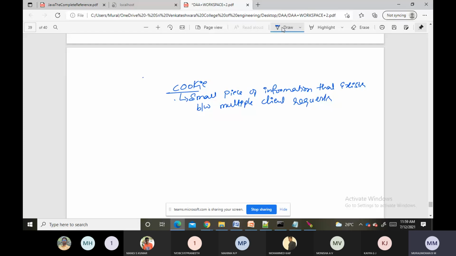It can be a comment, a path, domain qualifiers, the maximum age of a cookie, and the version of a cookie. So it has a name, a single value, and optional attributes.